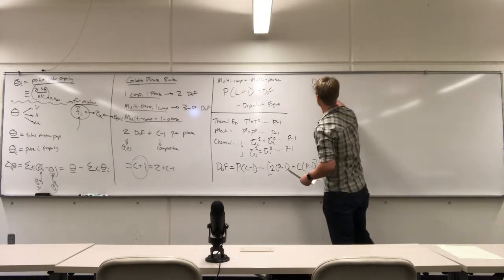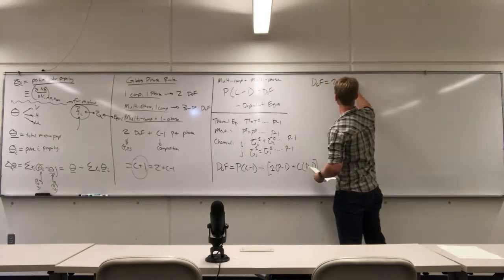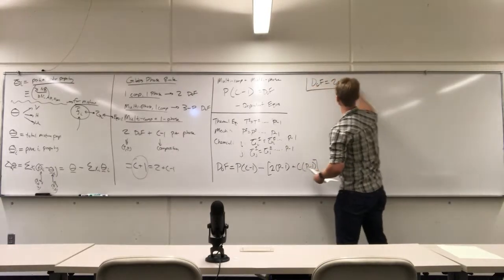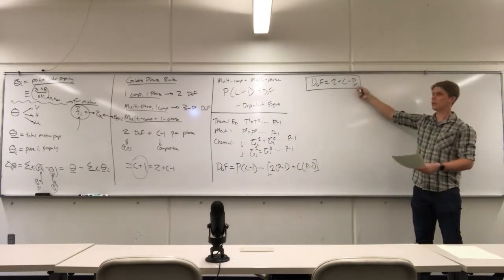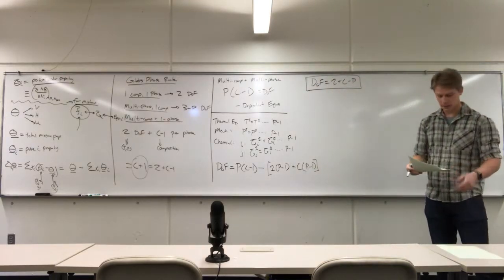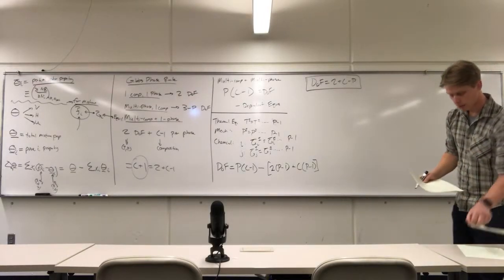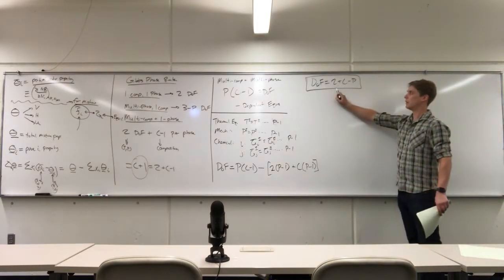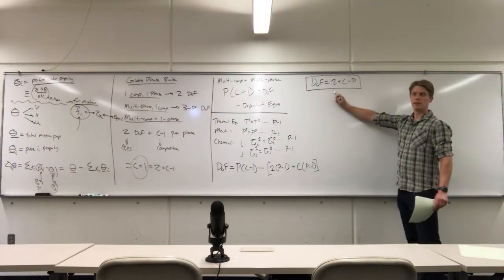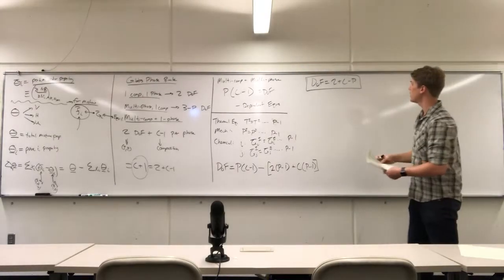So if we do the algebra, what we get is that the degrees of freedom for the Gibbs phase rule is the equation that everyone should be at least somewhat familiar with, for how many degrees of freedom we have across the whole system. Everyone on the same page? Now this tells us